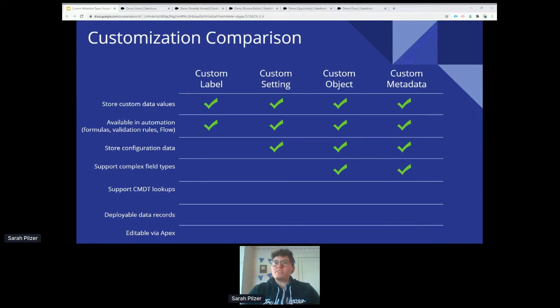And between these two, custom metadata has two distinct advantages. The first is that it can look up to other custom metadata types. There's no other object in Salesforce that can link different custom metadatas together. And secondly, what I think is really one of the best things about custom metadata is that the data records